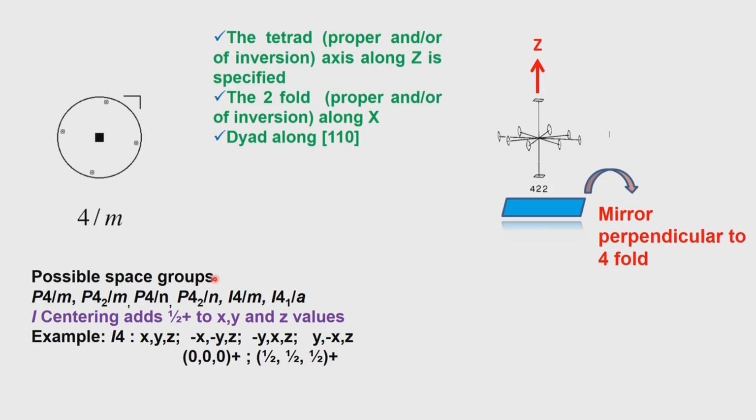Now, when 4 1 and 4 3 are considered, there is probably not a possibility of an n glide. So, we have to work out why only these are given, and that is something which could probably be taken as a homework by you, so that you can have a look at it and then see how it all depends. So, there is a 2-fold axis, proper or improper, along the x direction.